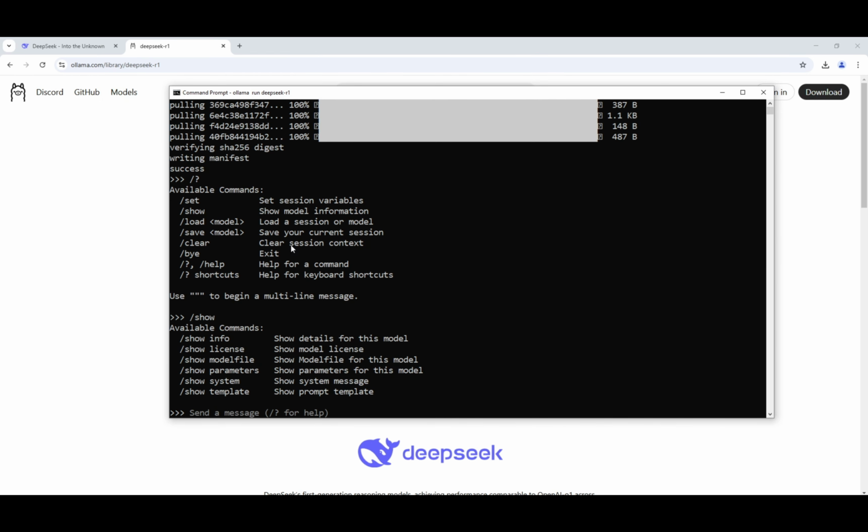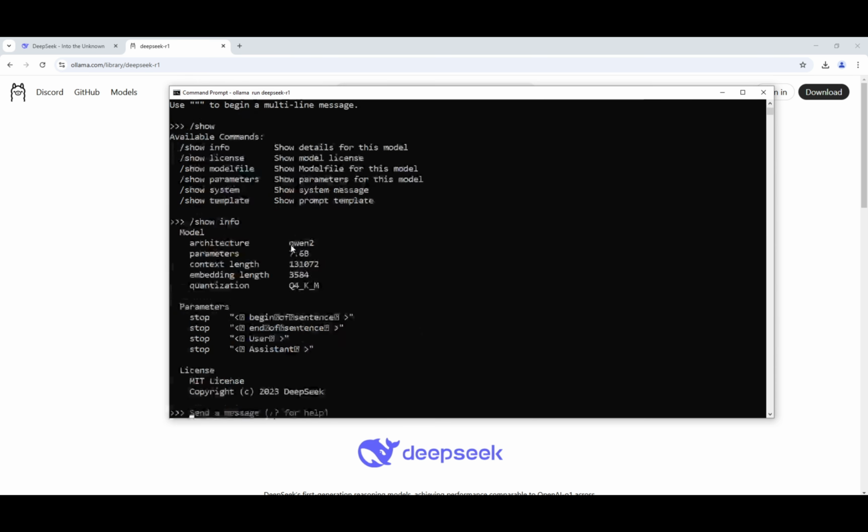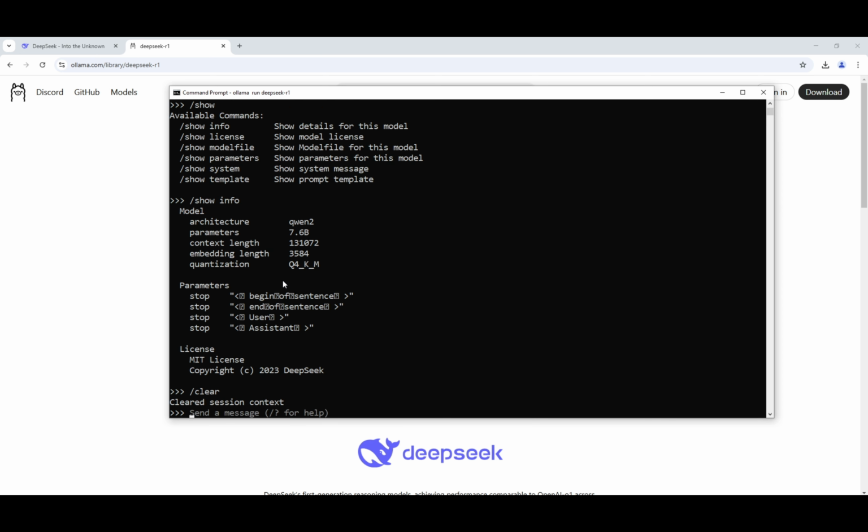Okay, comes up with another set of commands. So it's forward slash show info. Okay, so if we type in show info, it gives us the architecture. It gives us the model's parameters, so 7.6 billion, and then a host of other things. What if I do forward slash clear? Clear the session. Okay, cool. Anyway, so let's